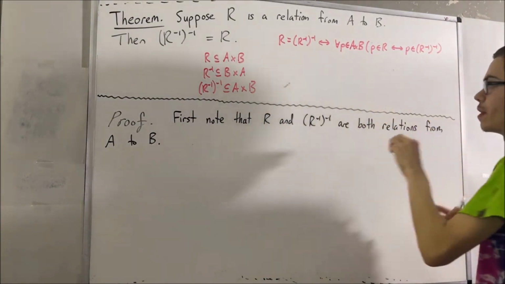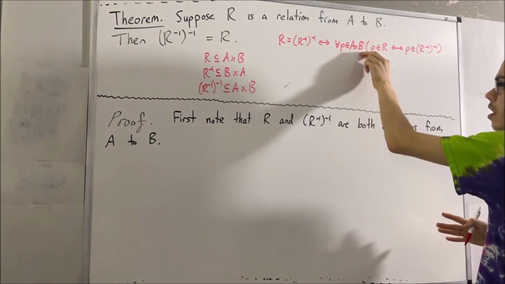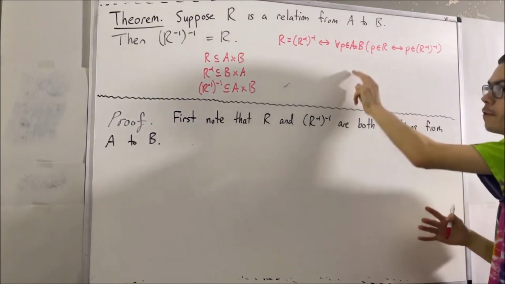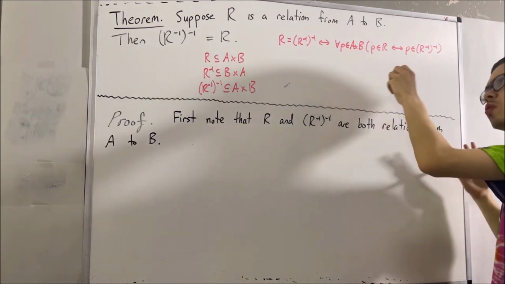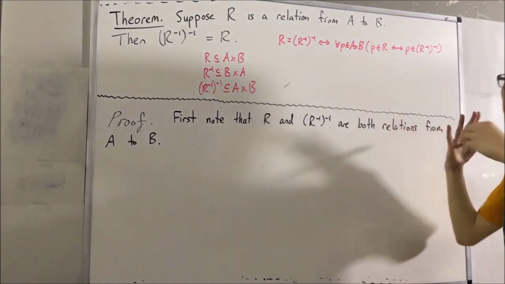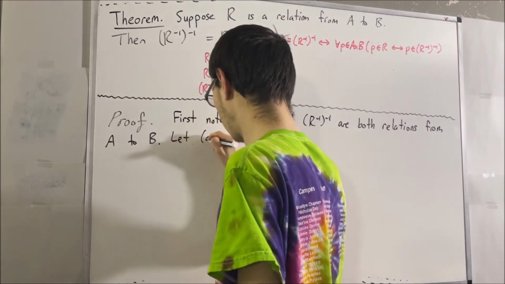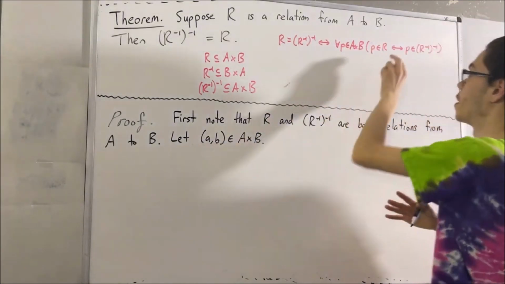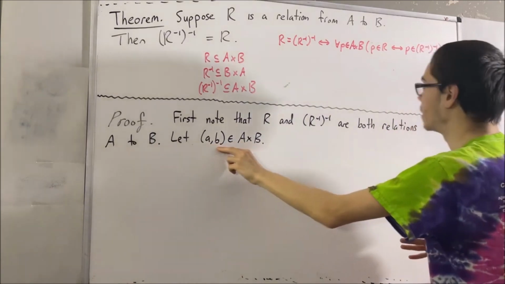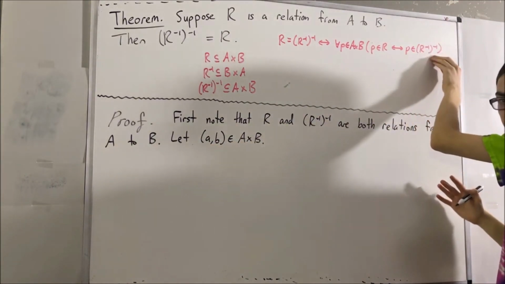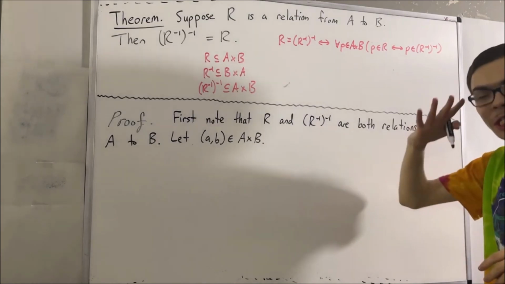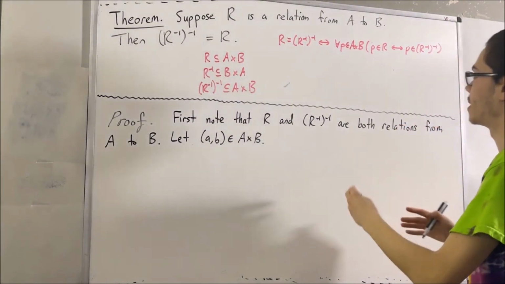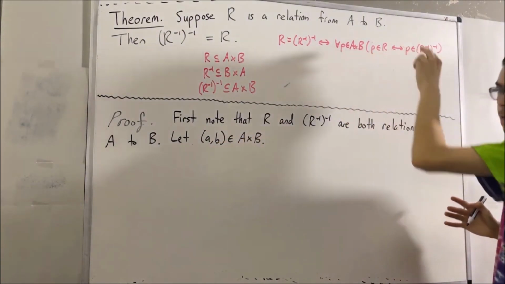Now, we're trying to prove a statement involving all elements of A times B, so let's consider an arbitrary element of A times B. And every element of A times B is an ordered pair, so let's say our arbitrary element is the ordered pair (a, b). Now, we want to show that (a, b) is an element of R if and only if (a, b) is an element of the inverse of R inverse. And we're going to do that by establishing a chain of if and only ifs. To do so, let's start by writing that (a, b) is an element of R if and only if